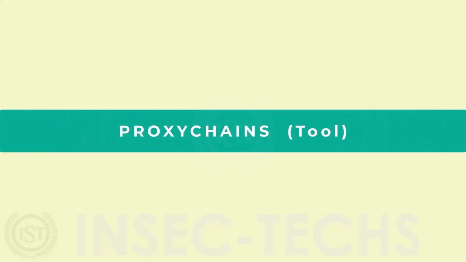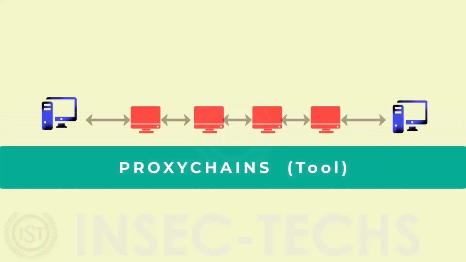So in today's class we are going to learn about proxy chains. Proxy chain is a tool that provides you more anonymity. If I say it like this, you may say, Mr. Kiran, you have already told us about VPN and Tor networks for anonymity, security and privacy, right? Then why do we need this so-called proxy chains tool? Yes my friends, that's correct.